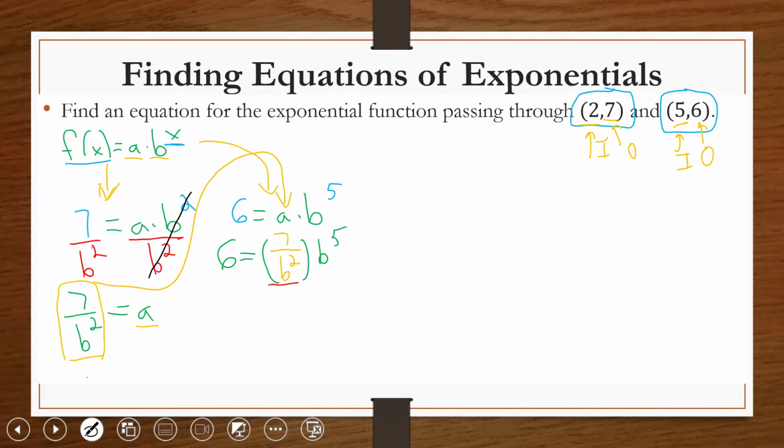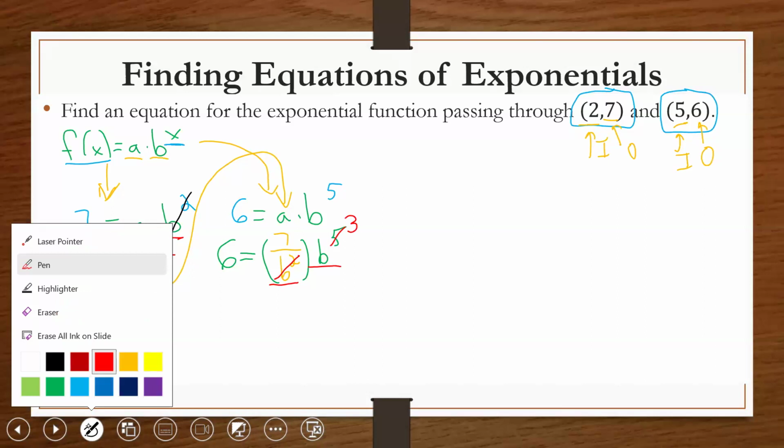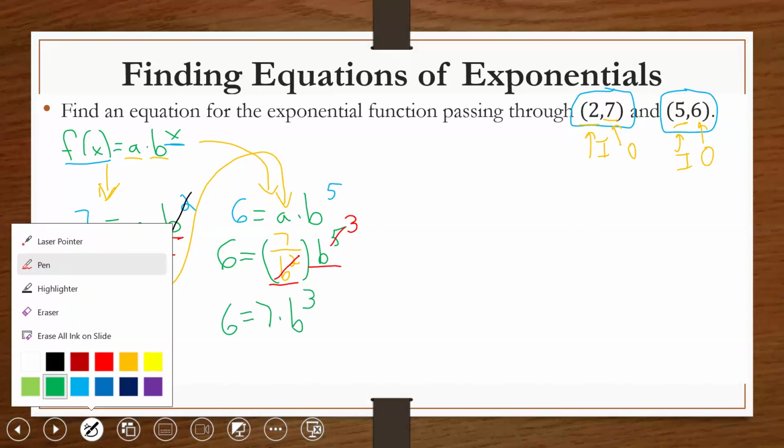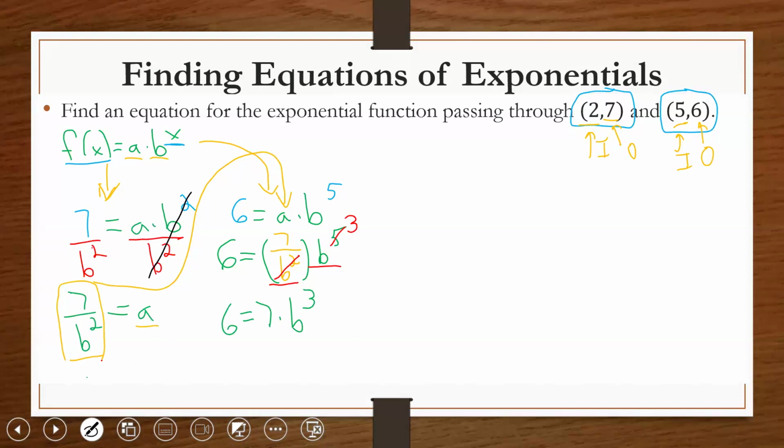Notice that we have b squared in the denominator, b to the 5th up out of the denominator. So we can reduce those a bit. I can cancel out the two b's here, cancel out 2 from up here, and that'll become b to the 3rd. So our equation is now 6 equals 7 times b to the 3rd power. And then we know how to solve an equation like this. Since the 7 is being multiplied by the b cubed, we can divide by 7 on both sides. We'll end up with b cubed